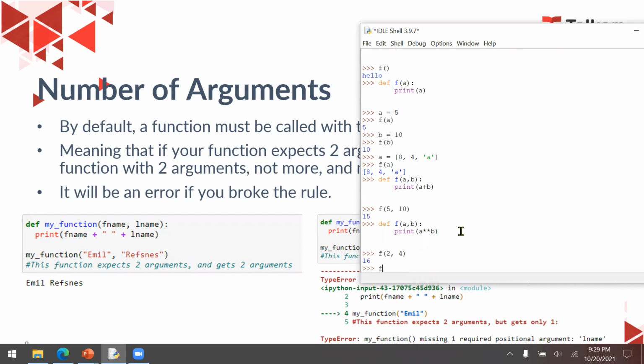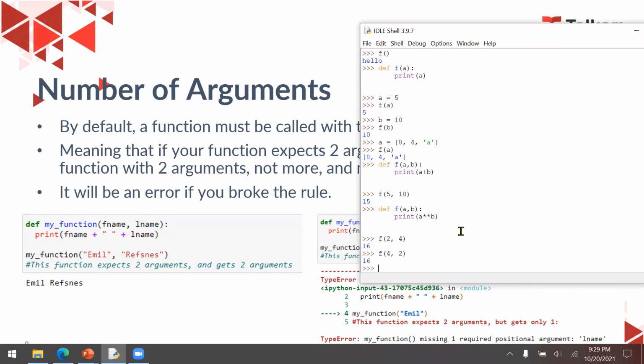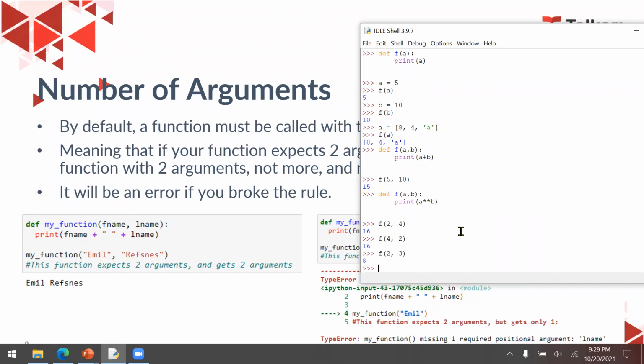However, if I put 4 and 2, yes, it will return the same. But if I put f(2, 3), it will return 8.